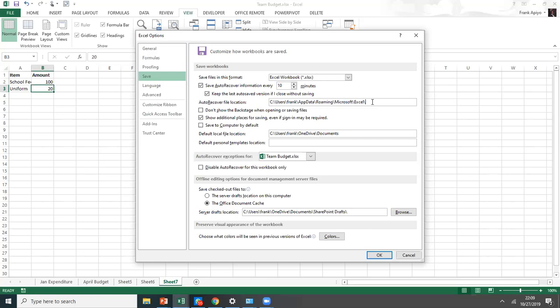You can also use this option from the options dialog window under the save tab from the left hand side panel. So all these save options are actually defined in this save Excel options tab. So that is it with